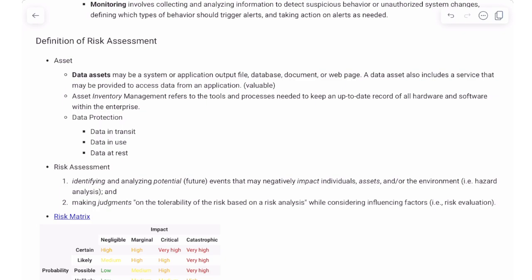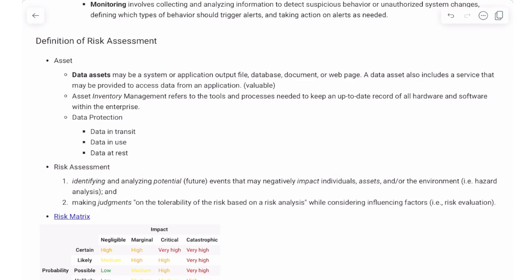Are they in a database or in the cloud, or do they have any copies or replicas? Something like that. You have to do inventory management. So maybe it takes you 2 or 3 weeks to perform inventory management, so that you know how many different data sets you have.